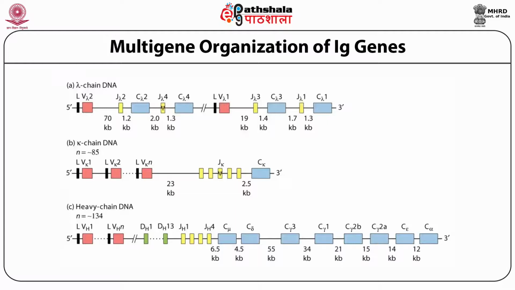In the case of the heavy chain, there are three gene segments. All three segments are present on the same chromosome, and they are the variable, diversity, and joining segments. And I forgot to tell you, similarly in the case of the heavy chain, we have a variable, a diversity, and a joining segment, followed by different constant regions that you can see on the chromosome. Whenever the B cell undergoes differentiation, one variable segment combines with one diversity gene, one J segment, and one constant chain, which is mu.